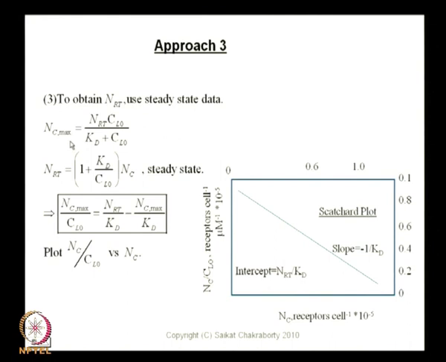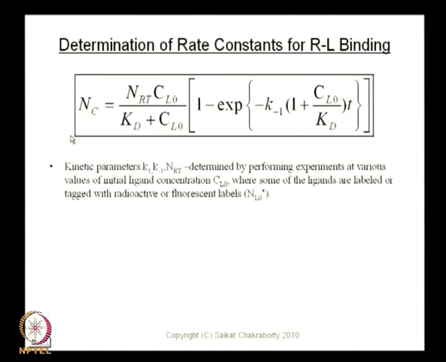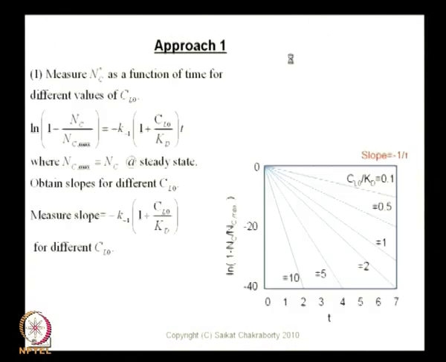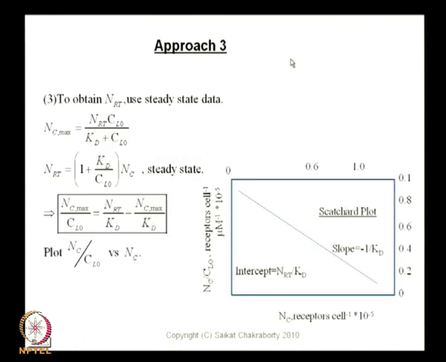Why? Because that is a maximum, as you can see from the plot over here, that is a maximum value of Nc that is attainable. So, the maximum value is attained at steady state. So, we call this Nc max, and that is given as nRT Cl naught over Kd plus Cl naught. This I can rearrange, dividing both sides by Cl naught, as Nc max over Cl naught equals nRT over Kd minus Nc max over Kd, and this I can plot